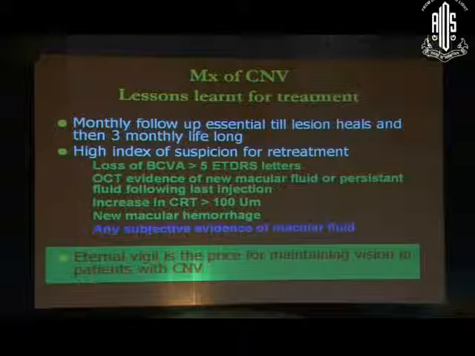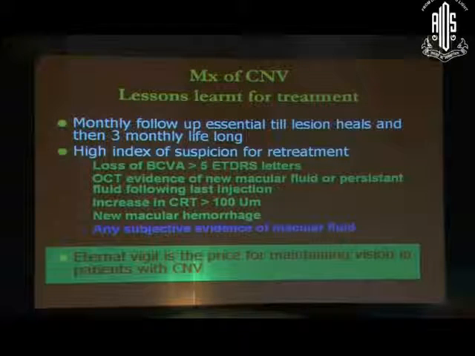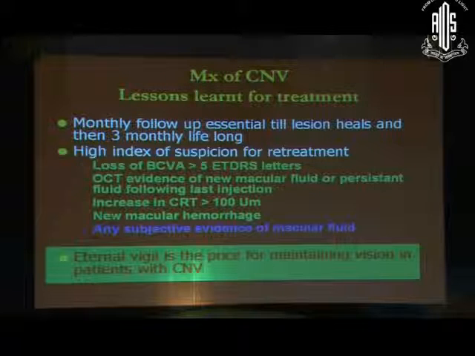So this is the extent of suspicion. The ophthalmologist feels, no, something has increased. Even this is enough of an indication for giving retreatment. And if you are this vigilant about your patients, if your patients take the pains to come to you regularly for follow-up, you can help to save the vision for a lot of